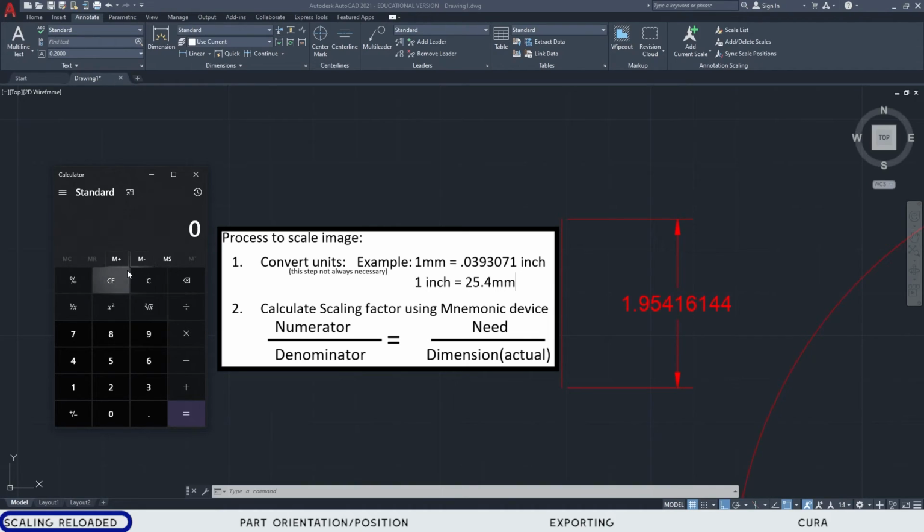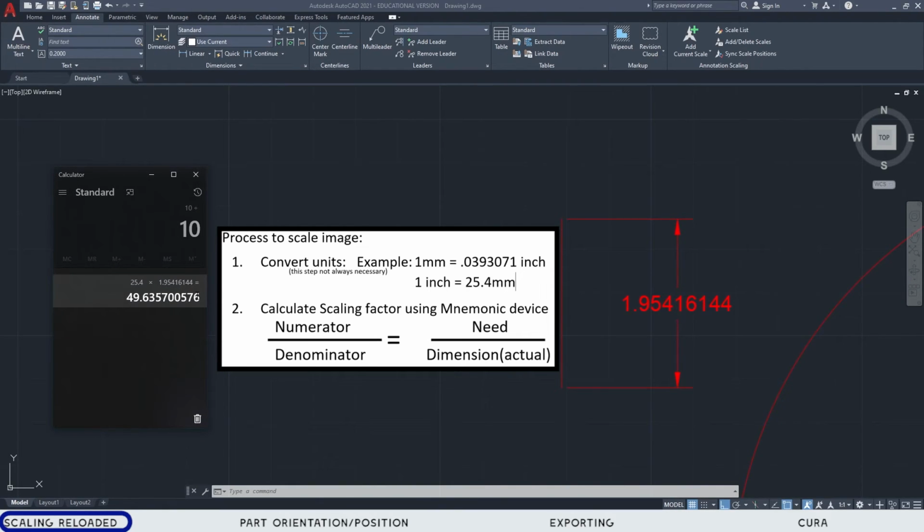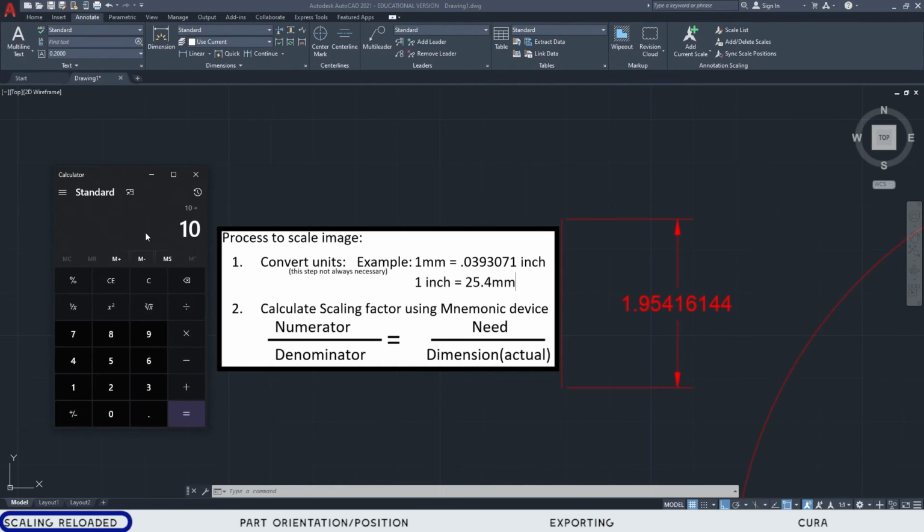So I'll clear this out and type in 10 divided by, and I can open up this memory here and grab this, divided by, and I'll just paste that in and enter. And so this is my scale factor now. Unfortunately, AutoCAD doesn't have a paste function, so I can't just copy it and paste it in there, so I'll just have to write it down. All right, so the number is